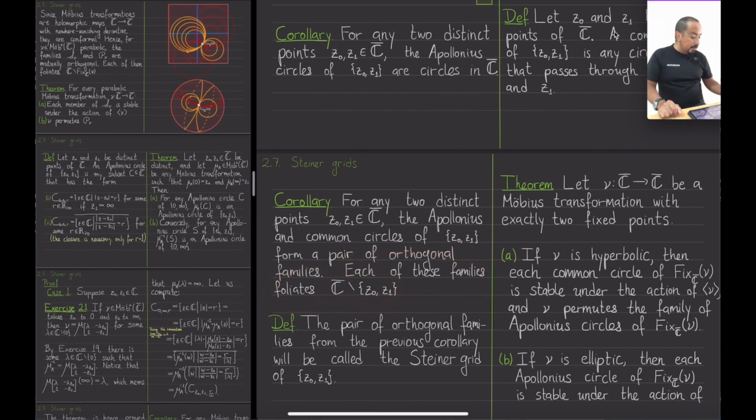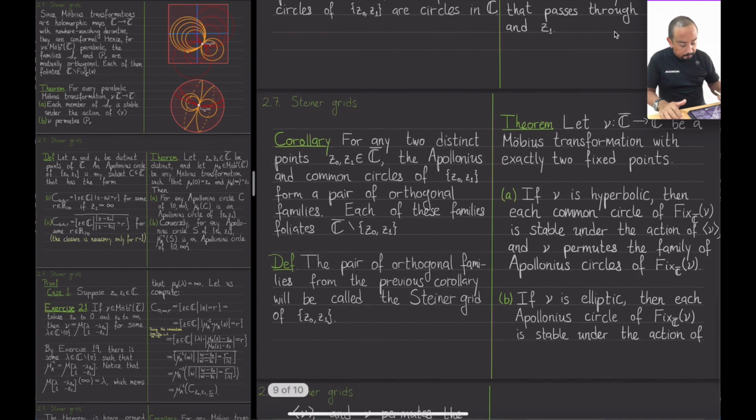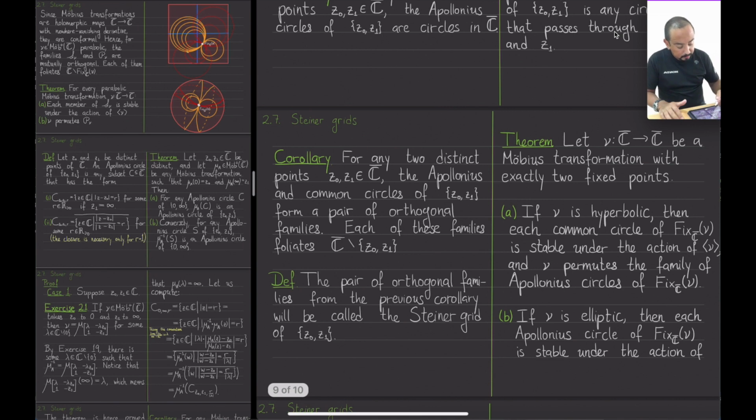And by this, what I mean is that for each of these two families, once you delete Z0 and Z1, once you delete the 2 points, C bar minus those 2 points can be expressed as the disjoint union of the curves in the family, right? So for each of these two families, you have this phenomenon that C bar minus Z0 and Z1 is the disjoint union of the family, right? So in the case of the common circles,